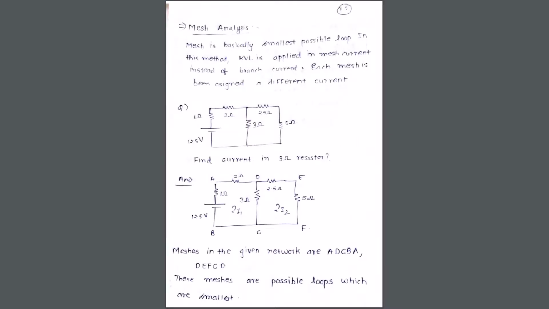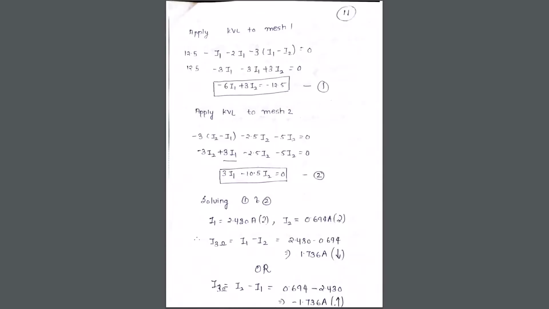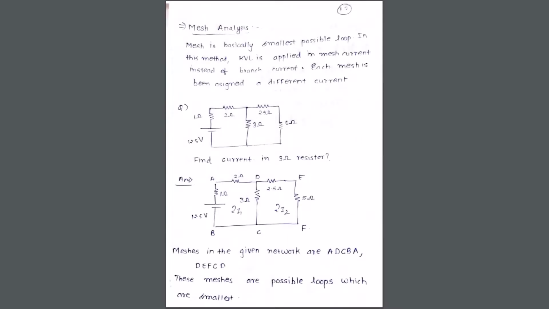into, now if you look at this, to the 3 ohm resistor, you have both the currents I1 and I2 flowing. Fine. Now what is happening is that my I1 is moving downwards, if you see clockwise, and my I2 is moving upwards in my 3 ohm resistor. And hence it is given as I1 minus I2. You should question that why is it minus, why not plus? Had my current direction been the same in the 3 ohm resistor in mesh 1 and mesh 2, I would have put I1 plus I2. But since my current direction is not same in the 3 ohm resistor, it is I1 minus I2.